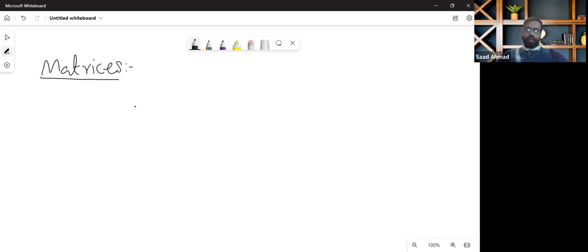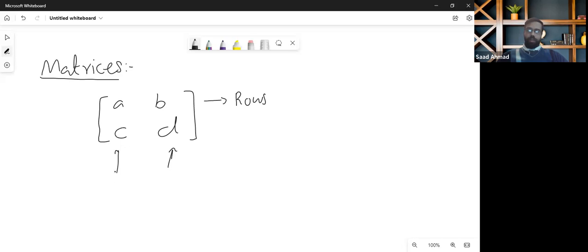So a matrix is a mathematical object that is made of arrays, right? Like this. Let's say A, B, C, D. These are the arrays, and these are called the rows. These are the rows of the matrix, and these are the columns. So we have rows and columns. A, B, C, D can be any real numbers or complex numbers or any number